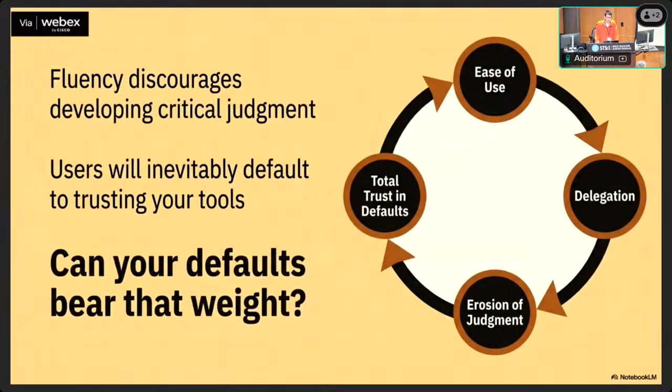Again, I think this goes back to something we've talked about in some working group: there's a conversation around at what point you call this task delegation versus something like skill acquisition. You want to encourage fluency, but if you over-encourage these things, or design systems in a way, again, thinking of defaults for software use, how you think it's going to be used in a typical workflow, even in the way that you desire, if everything works out as you want, this can discourage developing the critical judgment skills you often need to monitor these systems in the first place.